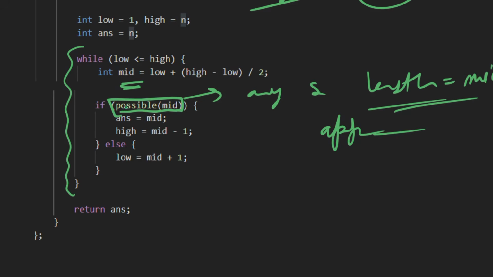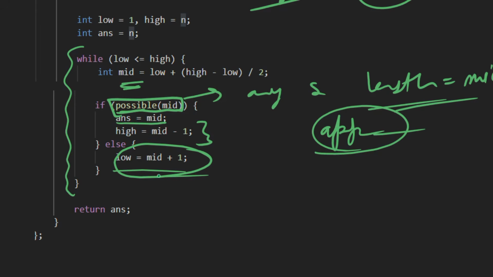So this possible function will tell us, so if it returns true, that means there is a subarray whose length is equal to mid and which is appearing only once. So we store answer equal to mid, and then we try for smaller subarrays. But if mid is not possible, then we have to search for larger subarrays, right? And at the end we return our answer.